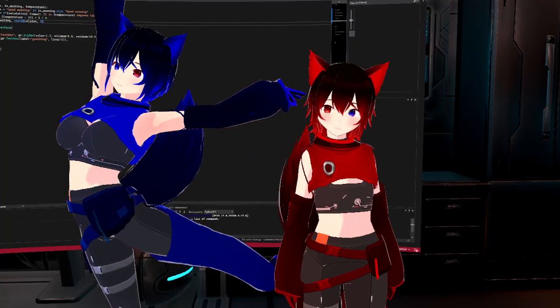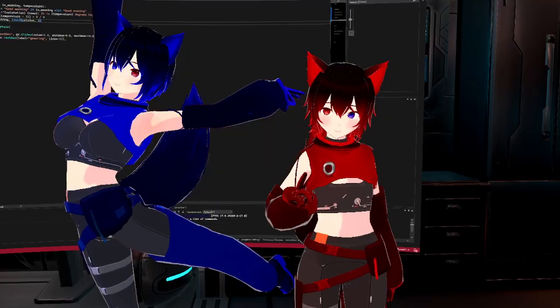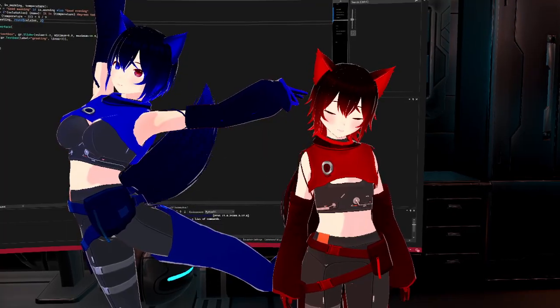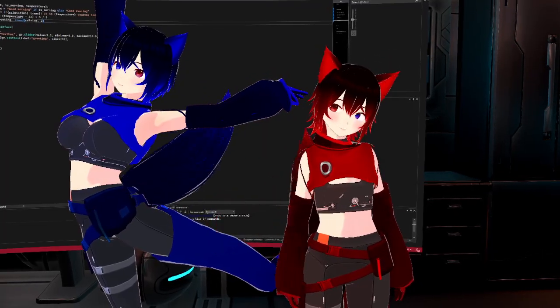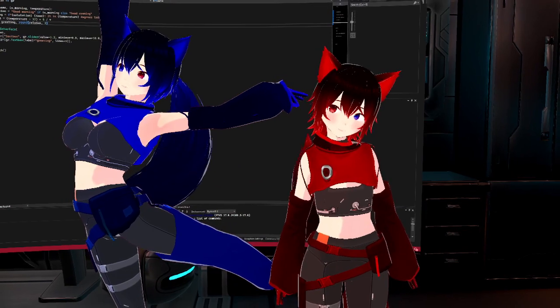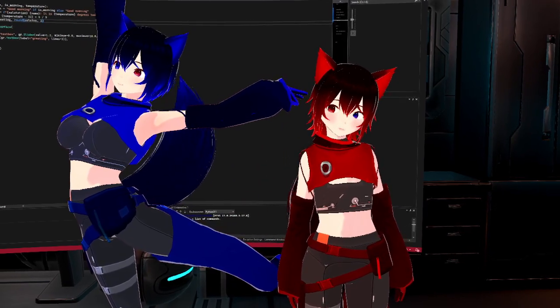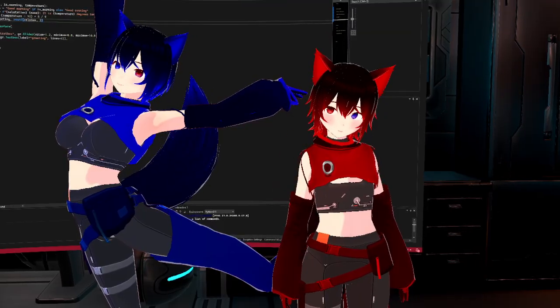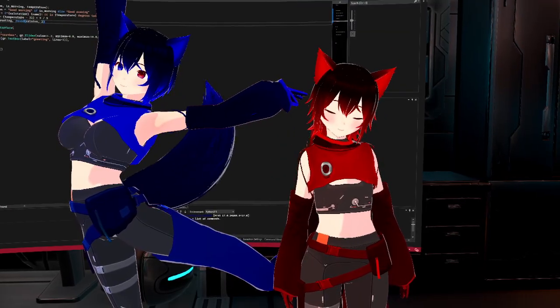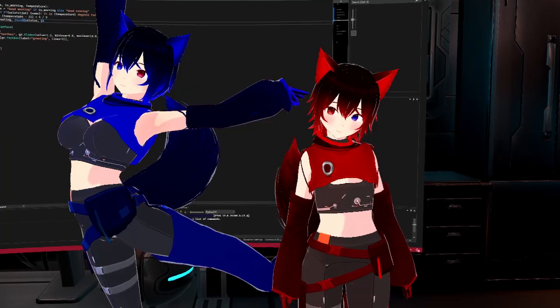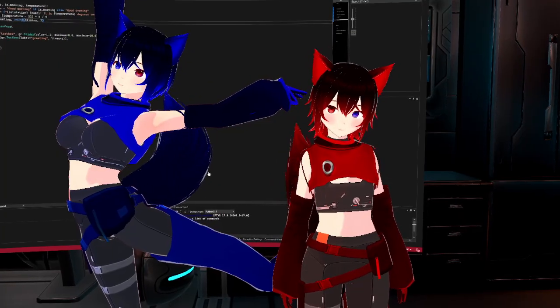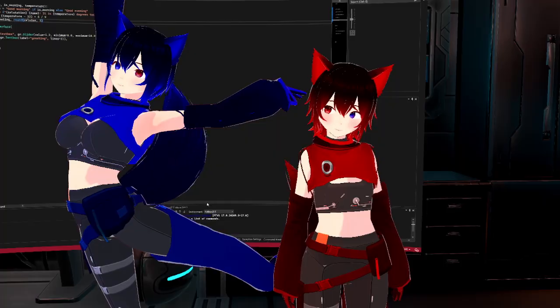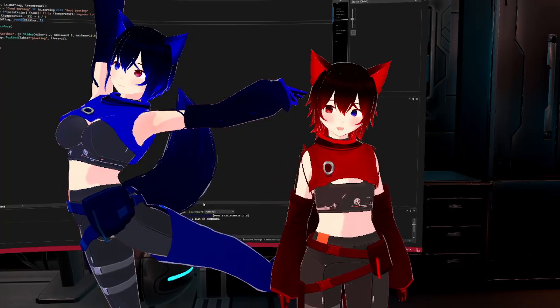There we go. As for Fenris understanding who she's talking to, she's supposed to. So when you see the subtitles at the top, that is what she is seeing as her input. That is exactly what she's seeing as her input. So when it shows somebody's name, she is seeing that name as part of her input. And you may have noticed, like, part of my LLM testing in Discord, when I say colon or angle brackets,